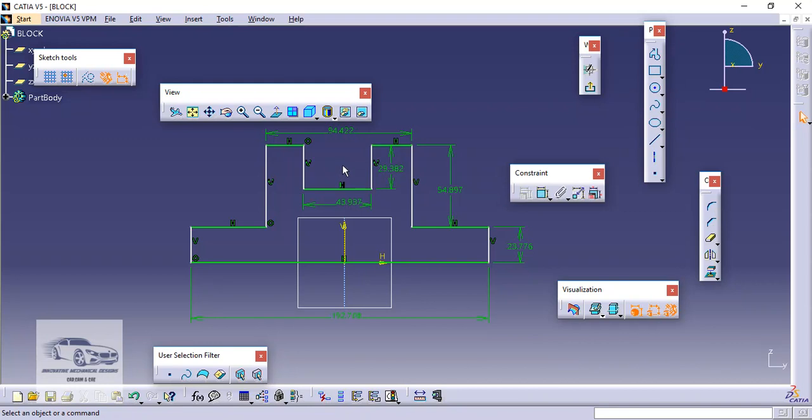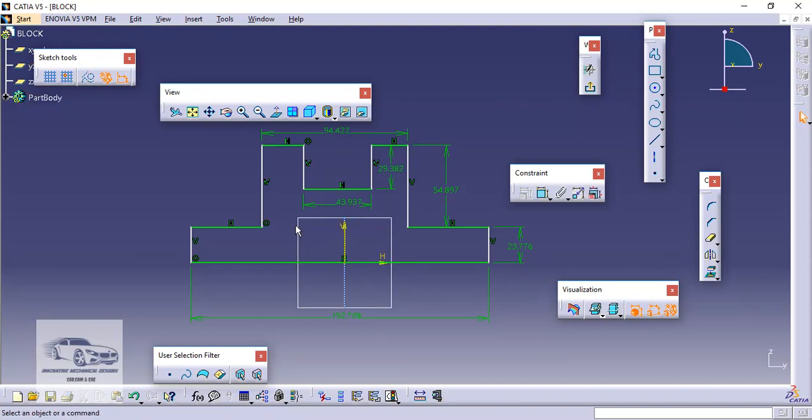Now here, what is missing? For example, let us say if I drag this line, I can see that this line is getting dragged in a random direction towards the right. The reason is that the software is not able to understand the distance of this line from this particular axis and this line from this particular axis. In order to resolve this condition, we can make these two lines symmetric with respect to this axis.